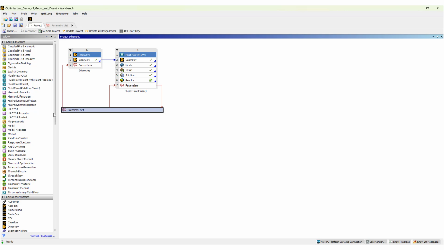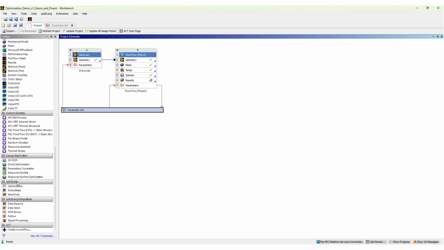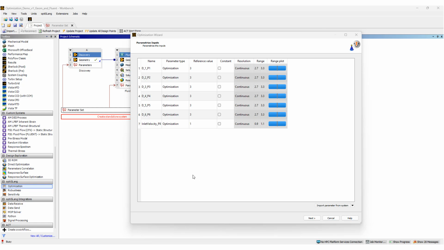For that, again, go to the toolbox, scroll down. We have an optiSLang add-in here. If you don't have it in your workbench, you have to put it from this ACT start page and add in the optiSLang. And what we're going to do is select the optimization and drag it as a standalone system. So that opens a new